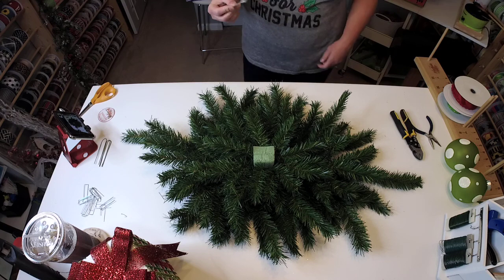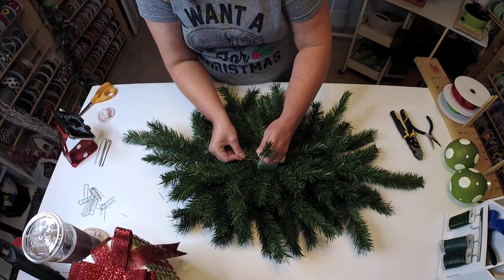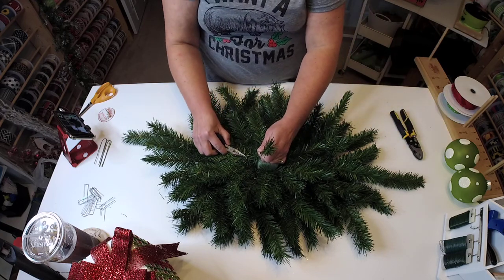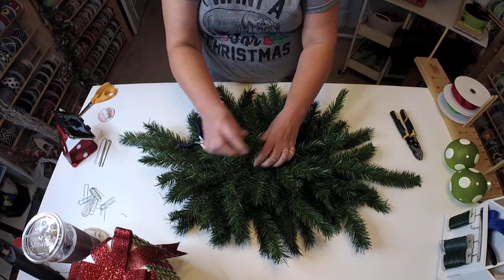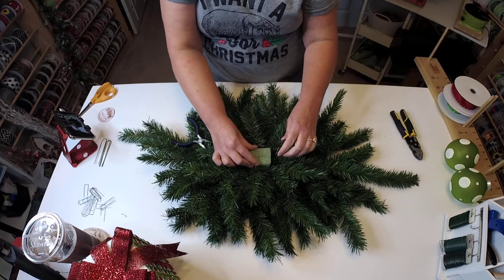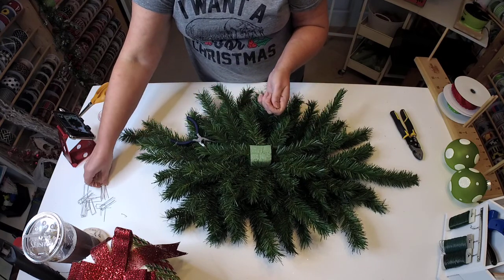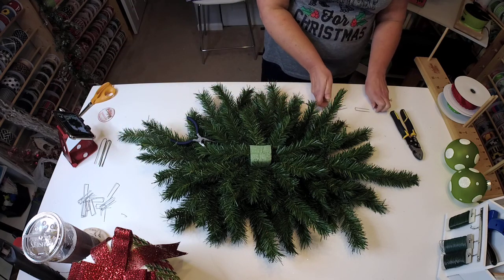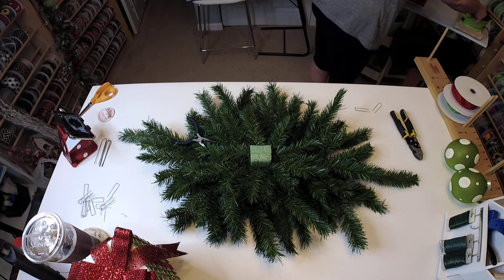I'm going to dip a floral pin in some glue, pull up a piece of pine, push it in. I always use my pliers to push in my pin, and then bring that pine back down. And I'll probably do it on each side, just to make sure it's not going anywhere. When I secure stuff, I usually probably do overkill,